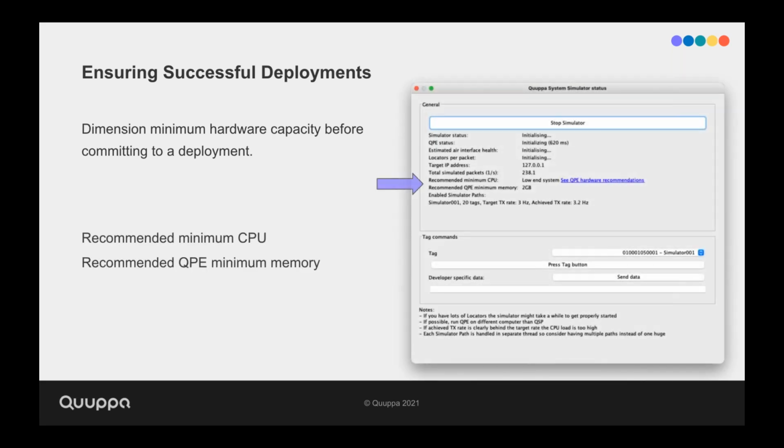So now in the Quuppa System Simulator, you can see the recommended hardware that will be required to support your deployment. So we're talking about the minimum required CPU and recommended minimum memory. You can also see the list of tiers and hardware specifications in our online documentation at quuppa.com/documentation.